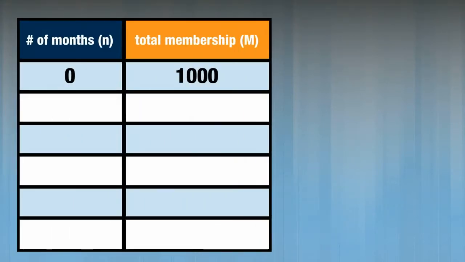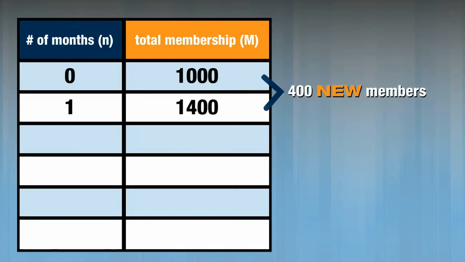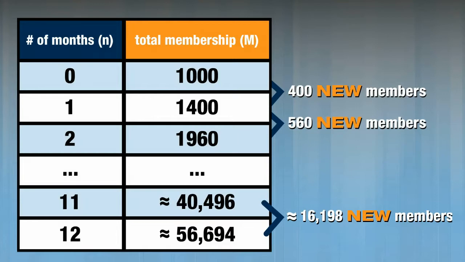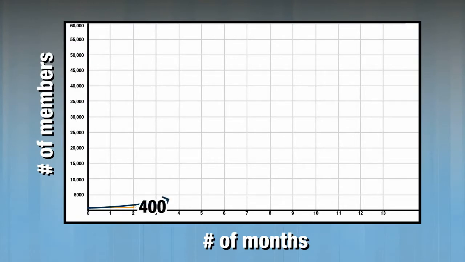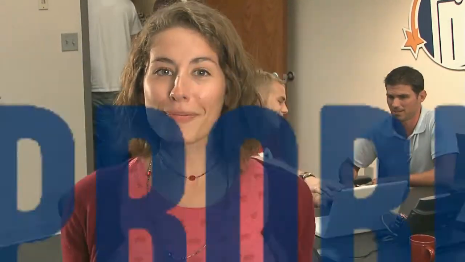Can you believe that in the first month, LiveLink Tickets will grow by 400 members, but in the 12th month, they're predicting they'll grow by 16,198. Exponential growth is pretty extreme. I think this meeting is adjourned. There are always a lot of factors influencing actual growth, but this model predicts that these guys should start pricing new servers. Problem solved.